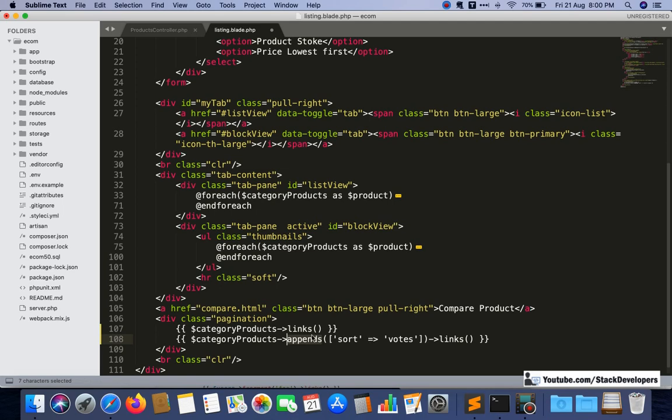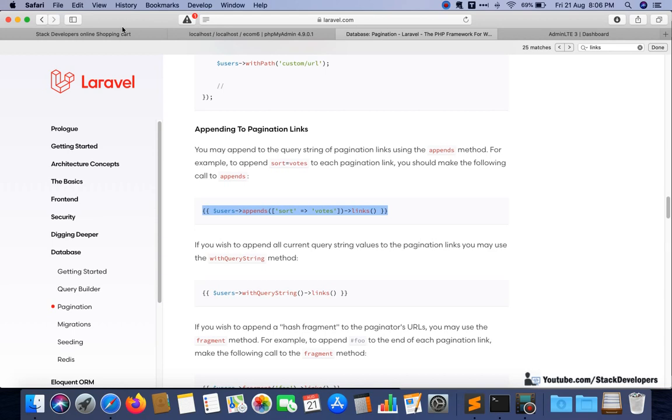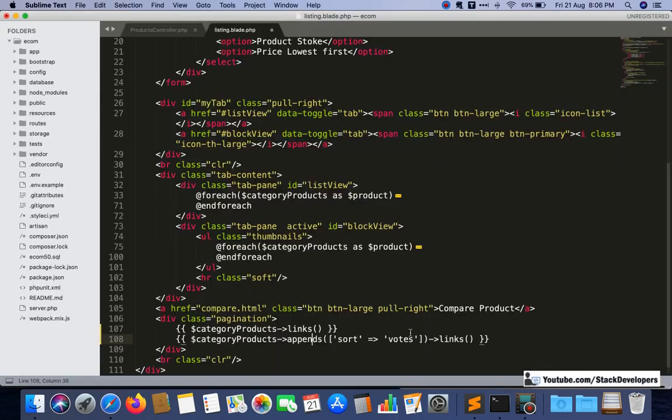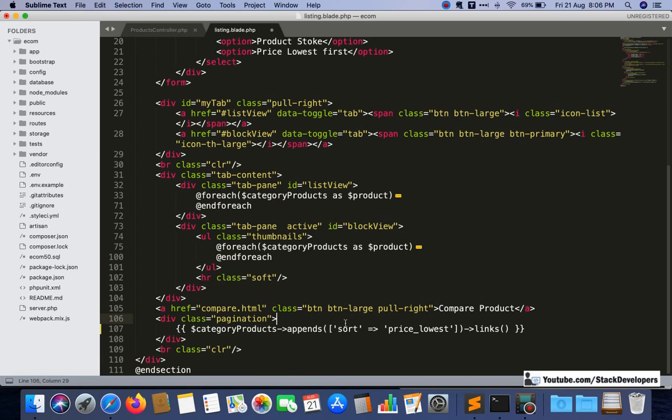In appends you are using sort, and here links will come up. Here we need to update it, like sort equal to price lowest. So we put this one here, and this one we can remove now.